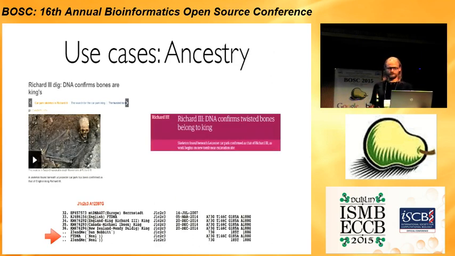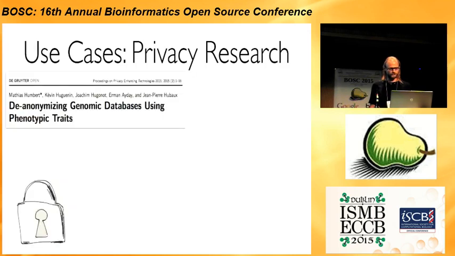Another case is, I think many of you have heard about King Richard III, who was found under this car park in the UK. And of course, they also did DNA testing, and now we can see here there are 3 people on openSNP who have the same haplotype, so who are related to him somehow. So really interesting.